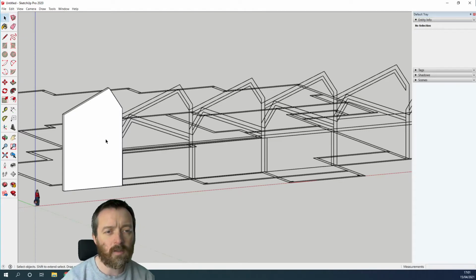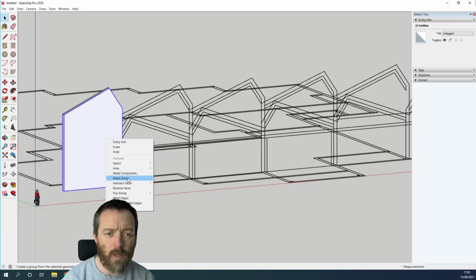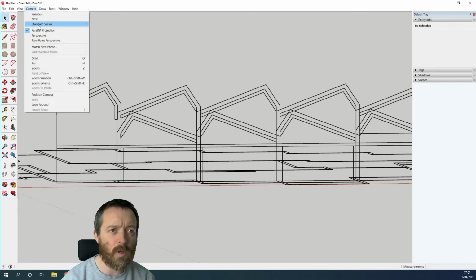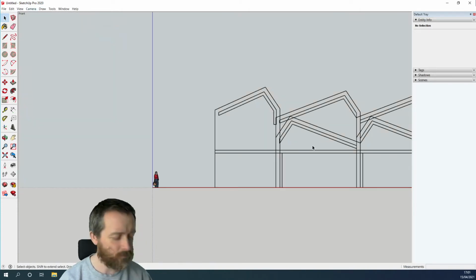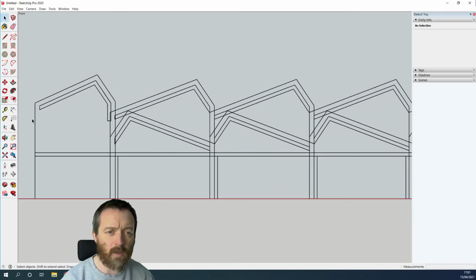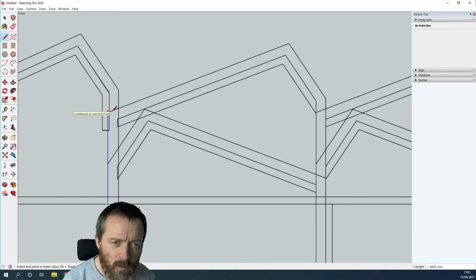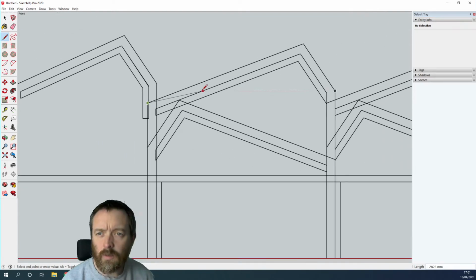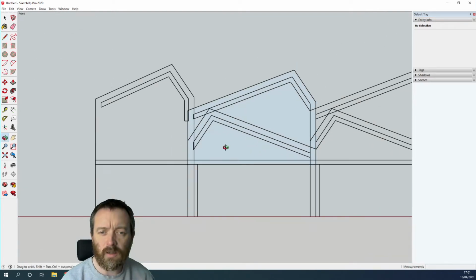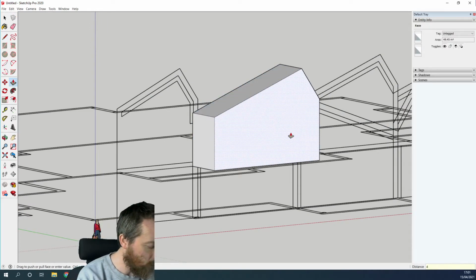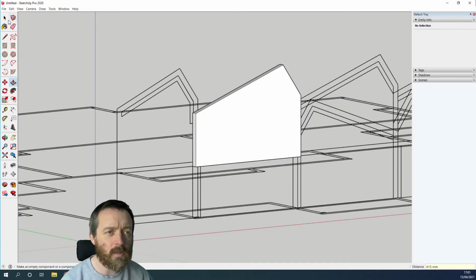Okay, now that I've done that, I need to make a group and hide it so I can draw the next wall. So camera, standard views, front, shift on the middle mouse to pan across. I'm going to use the pencil tool again, click, and this one goes just to the first floor, so I'm going to click here and here, zooming in to make sure I get the corner just there, and click. Okay, so I pan, orbit around, use the push-pull tool, and type in 415, enter,